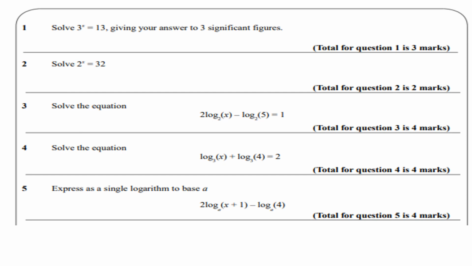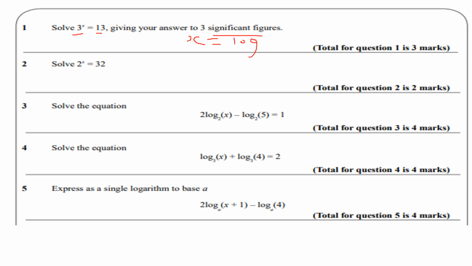Okay, so this is question number one, guys. Solve 3 to the x is equal to 13, giving your answer to three significant figures. So what I'm going to do here, guys, is the opposite of 3 to the power of something will be log to the base 3 of something. So the answer is x is equal to log to the base 3